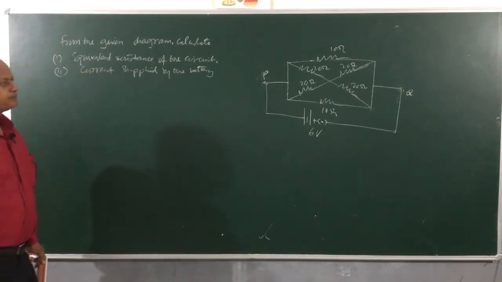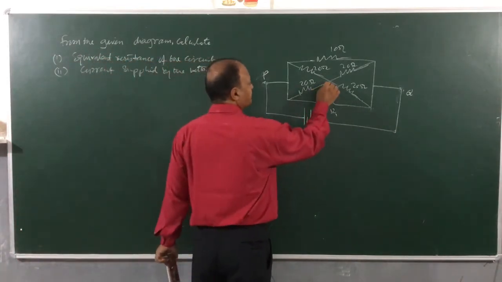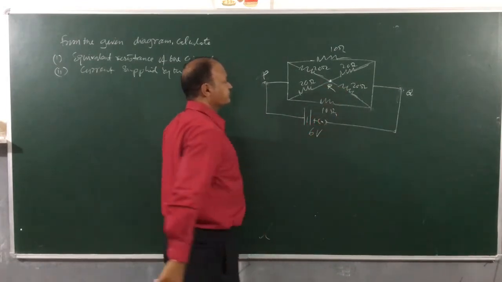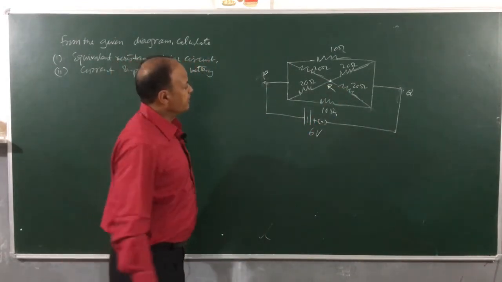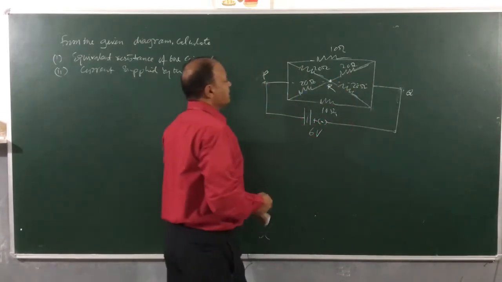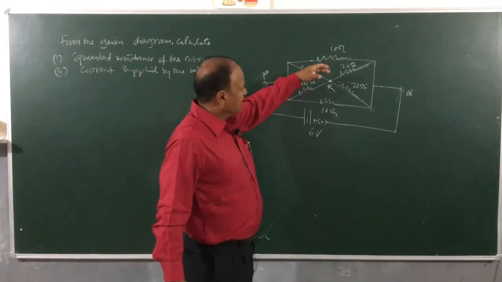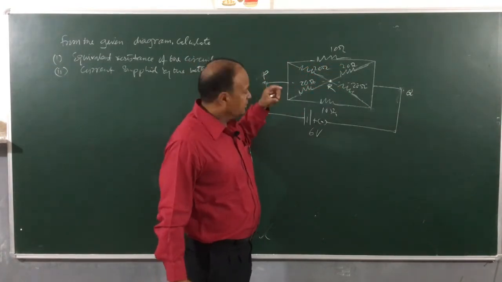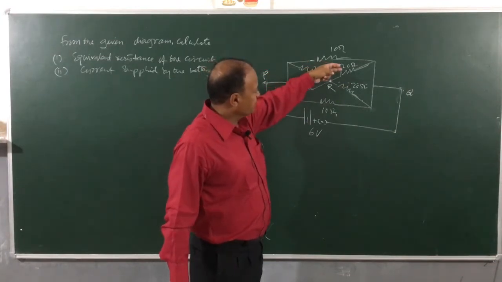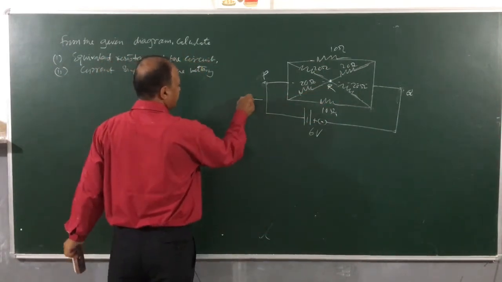Actually, children, when I look at this problem, let us say this point is R. Using symmetry about this line, we can see that potential difference across these two is same and across these two is also same. Bear in mind that you can clearly see this 20 ohm and this 20 ohm and 20 ohm are same. So, we will redraw the circuit.